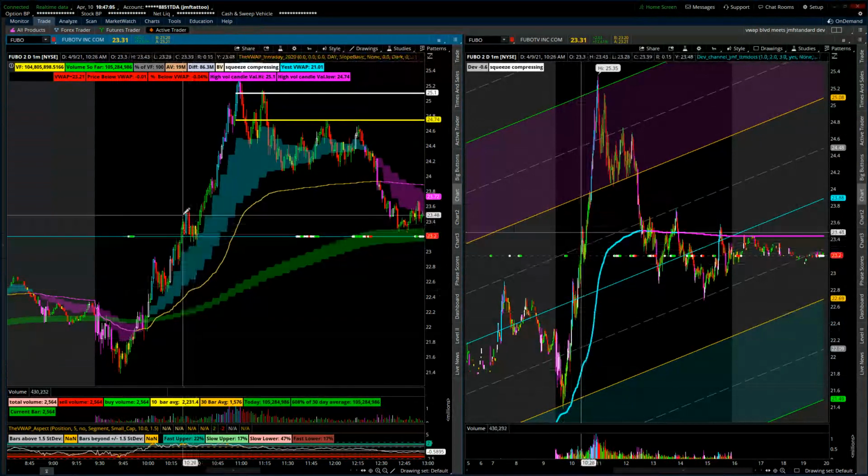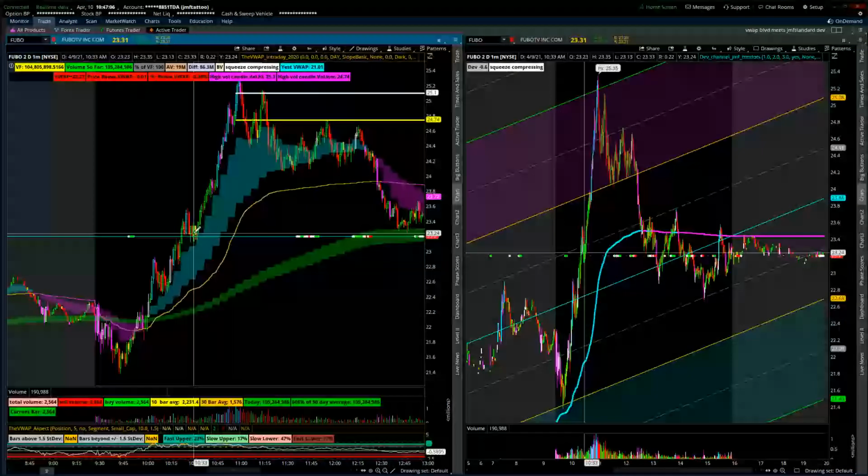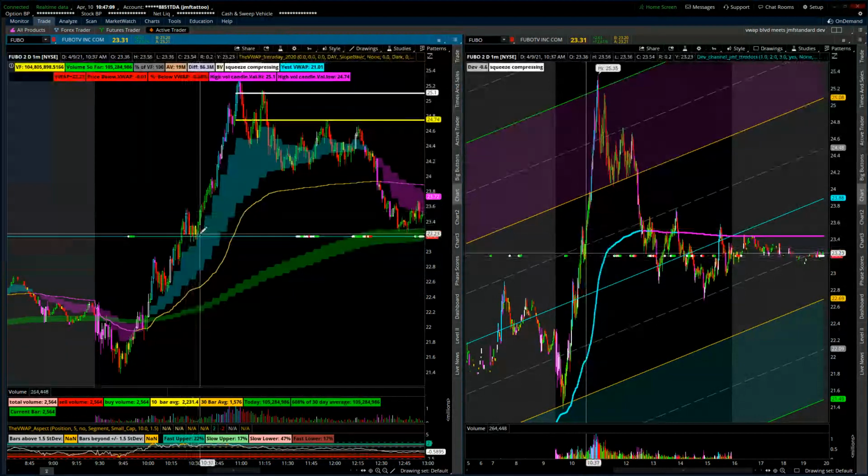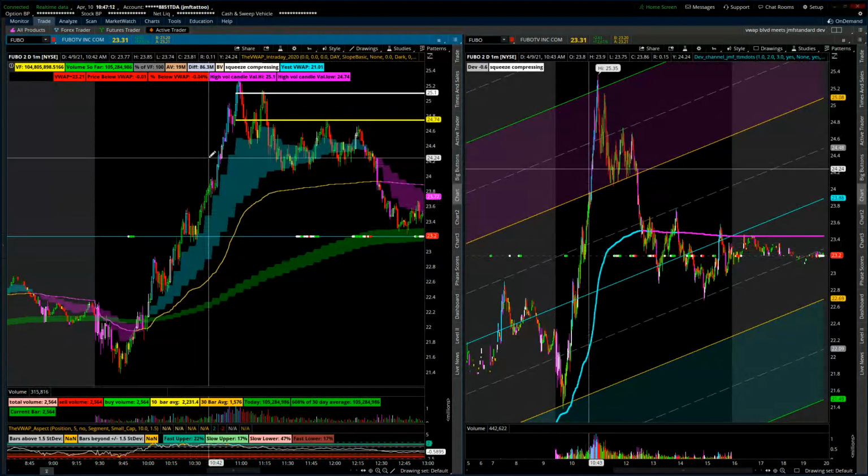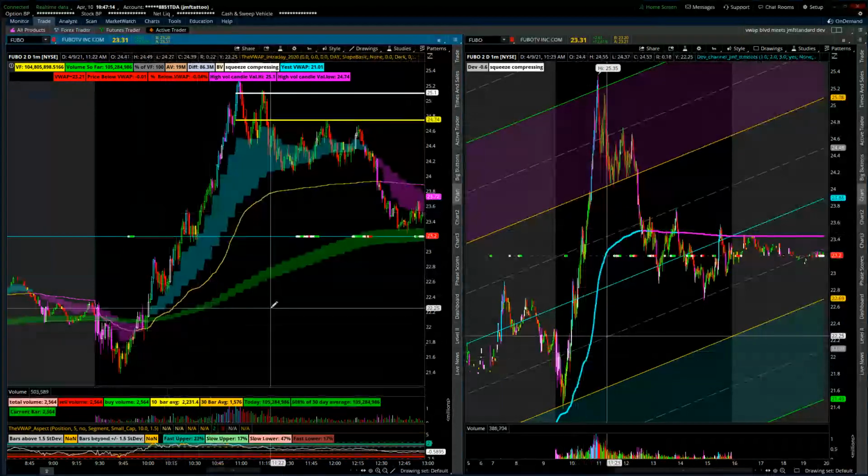It's actually better up here. You get that tight compression right here of price compressing, and then it starts to curl up and off of support, and you get that big blast off. And me being a reversal trader,